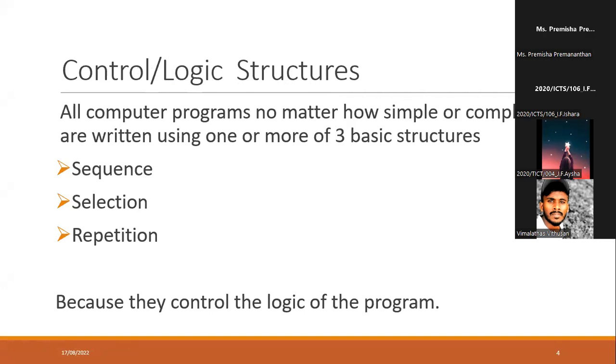So they give some instructions, right? In computers also, we have to give instructions. The programmers need to give control structures to the computer, right? Basically, we have three types of control structure. In each program, you may have only one control structure, or two control structures in one program, or all three in your code, right?